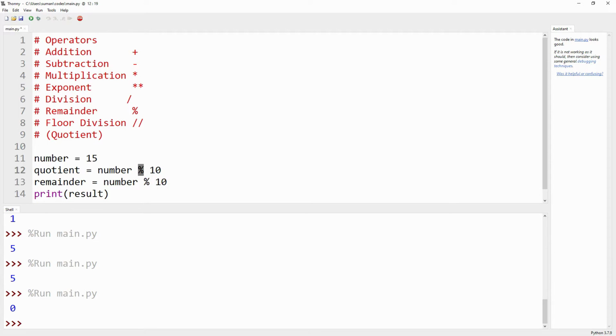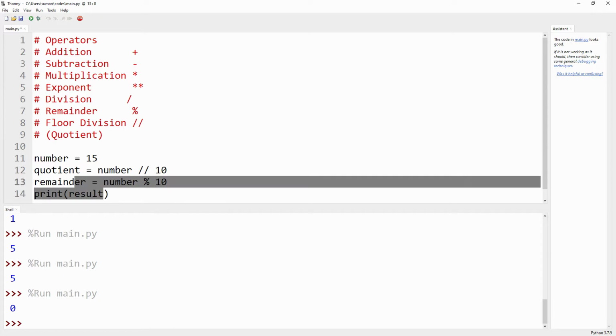That quotient sign should be double front slash, and we are giving the print in a different way.